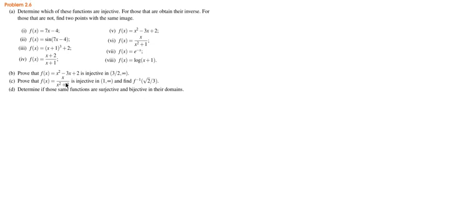Okay, so this is going to be a long problem, but what I'm going to do is to solve A and D at the same time. So I'm going to be determining if a function is injective and if it's surjective and bijective at the same time. Okay, and then we'll go to B and C. So let's start here. Okay, so first one, f of x